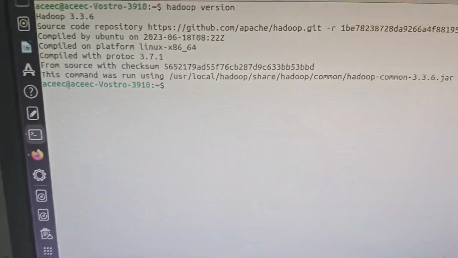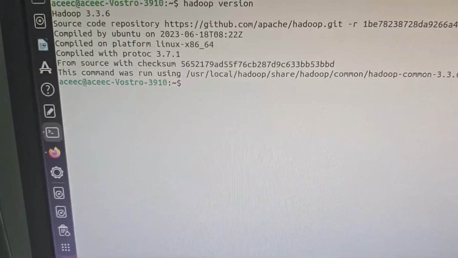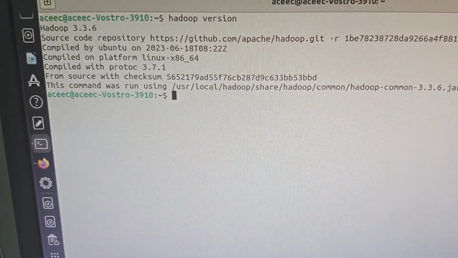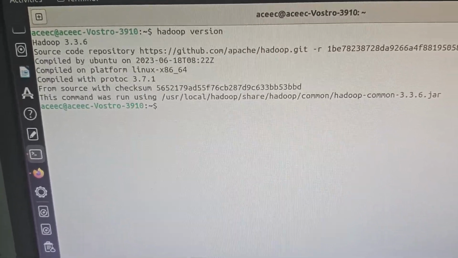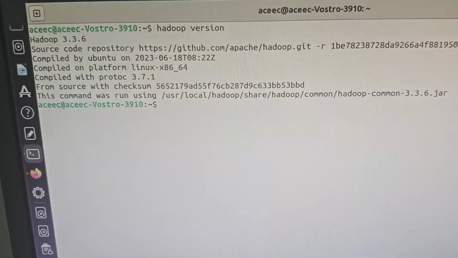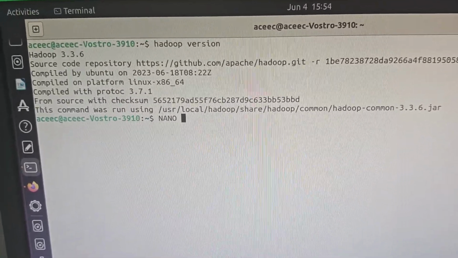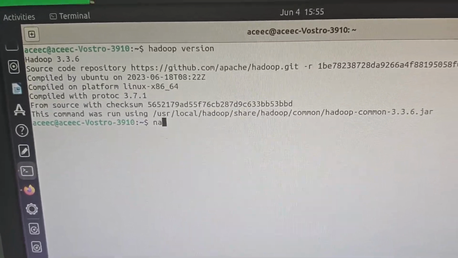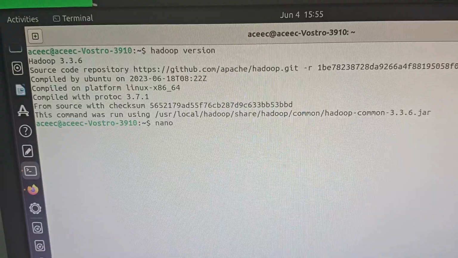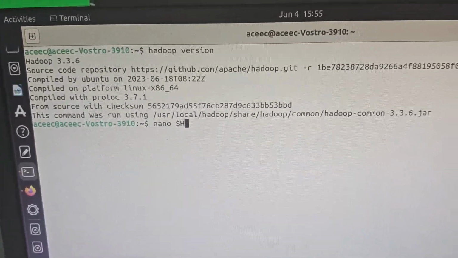So what we'll do, let's first do it for core site. We'll open that and I will show you what it actually is. After that we will add the configuration. First let me show you that. So what we'll do, simple, any file if we want to open, it's nano. So nano, after that nano $HADOOP